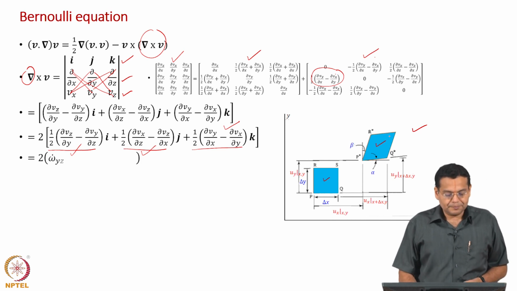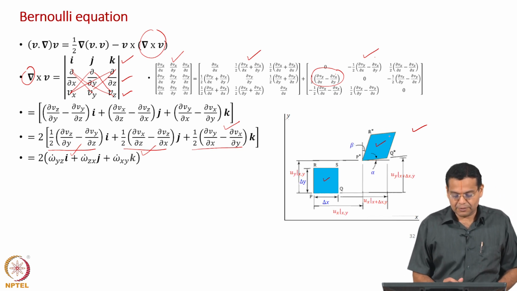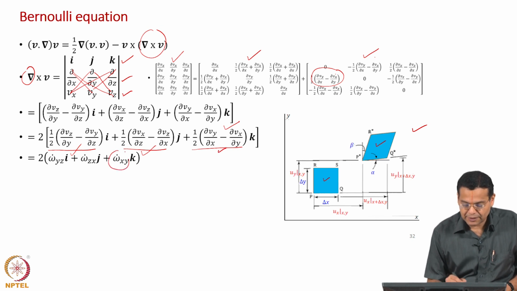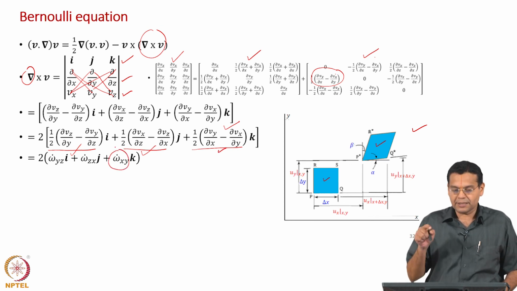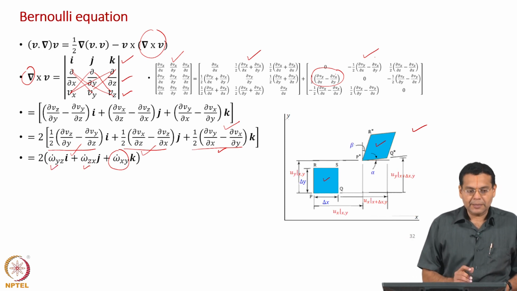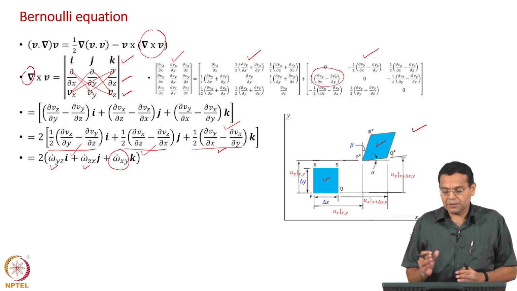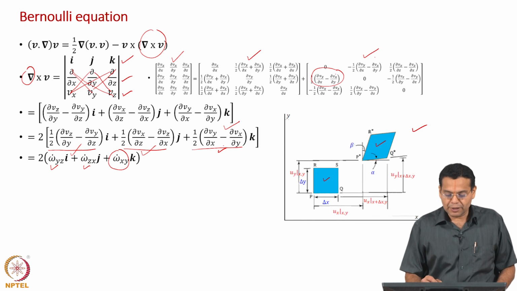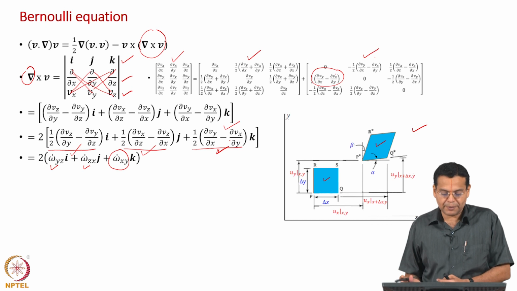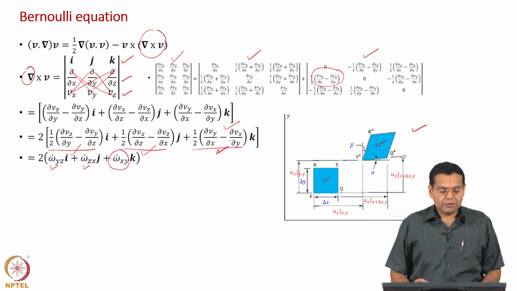So, let me explain the last term first, then it will become clear to you. This term represents omega dot x y, rate of rotation of fluid element in the x y plane. Similarly, y z plane and z x plane. The first two terms may not be very familiar to us, because usually we have been working in x y coordinates, but the moment you understand this term to represent rate of rotation in the x y plane, then you can easily extend and write the first two terms.